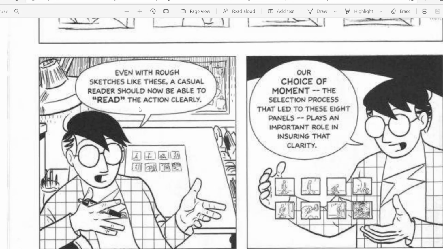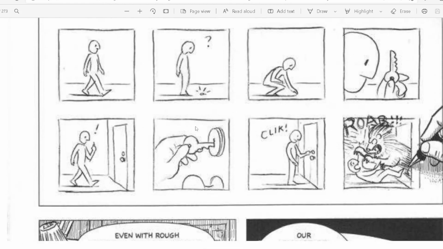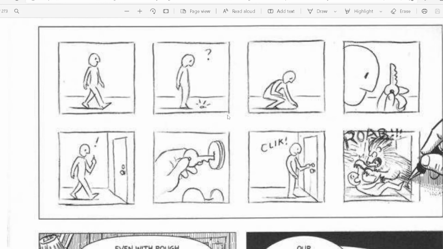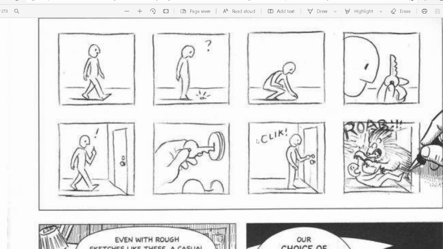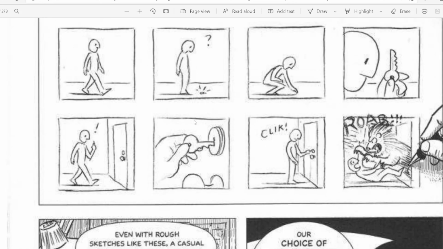Okay, even with rough sketches like this, a casual reader should now be able to read the action clearly. Definitely, as you can see here, I have totally explained this structure, this frame. You can explain what is happening there actually. Even if it is a rough sketch, right?